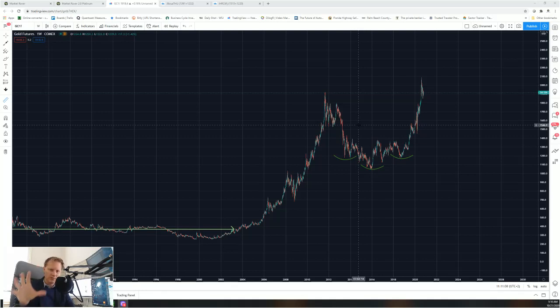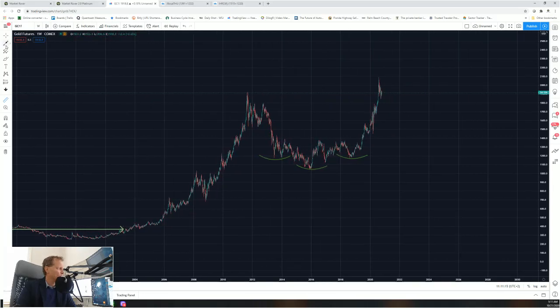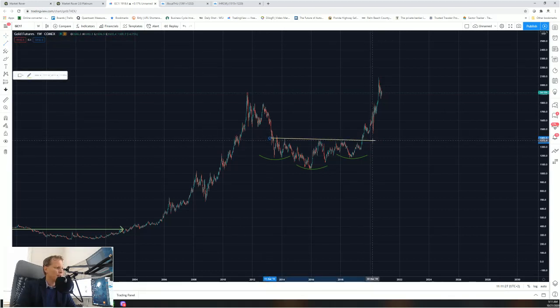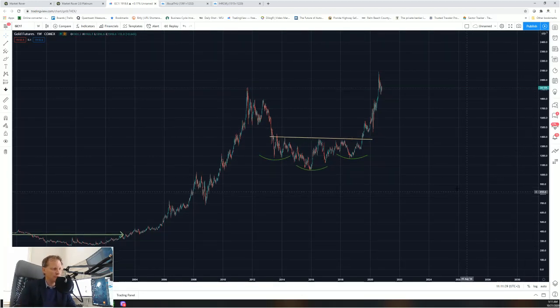And so, if we take this from a purely chart perspective, you can see the following. This is a longer-term chart of the price of gold, and what you'll clearly see is that there was a top in 2011, and then a drop, and then we had this consolidation period. The consolidation period after the blow-off top in 2011 resulted in what they refer to on the technical side as an inverse head and shoulders pattern. And of course that led to a big rise, and now we're consolidating back at the previous highs,